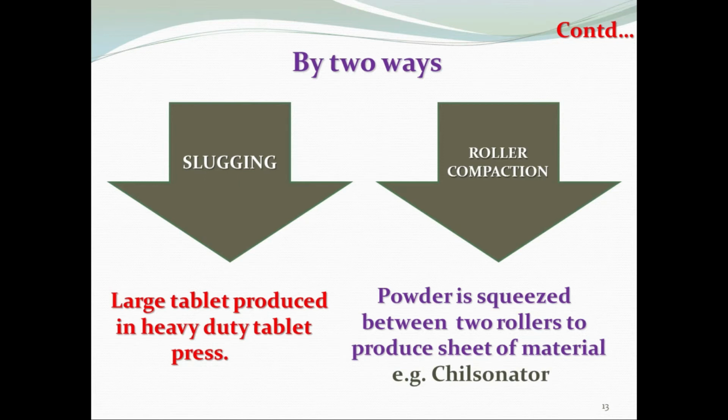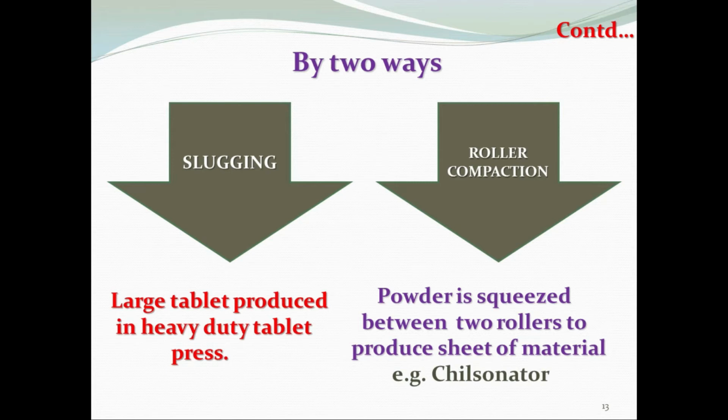In that we are going to study it in detail with its mechanism. I am also going to show you its animation so that you will understand this better. Whatever happens in roller compaction, there are two rollers rotating in opposite directions to each other, and whenever powder goes through these two rollers, a sheet of powder material is prepared. We can grind this sheet again and we will get granules. If we do not get granules, we can repeat the procedure.